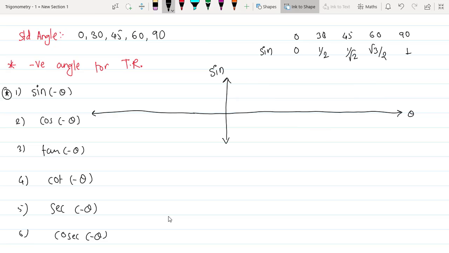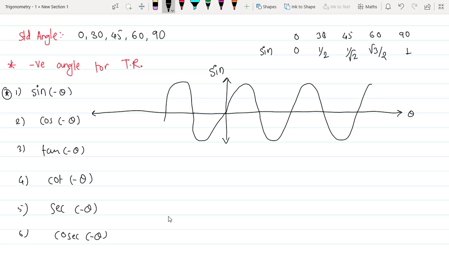Let me make it small so that it is good to observe, and here you go in the negative direction. So this is the wave or the figure for your sine theta, where these are the different